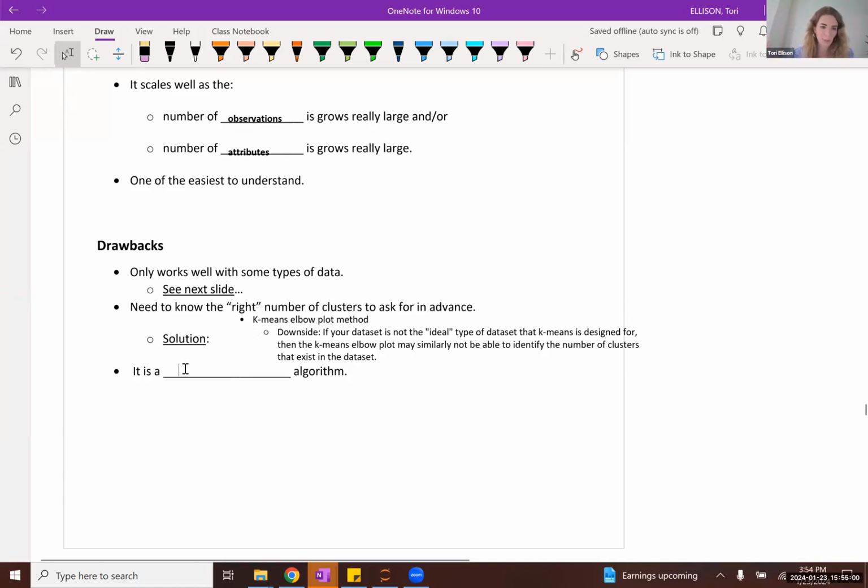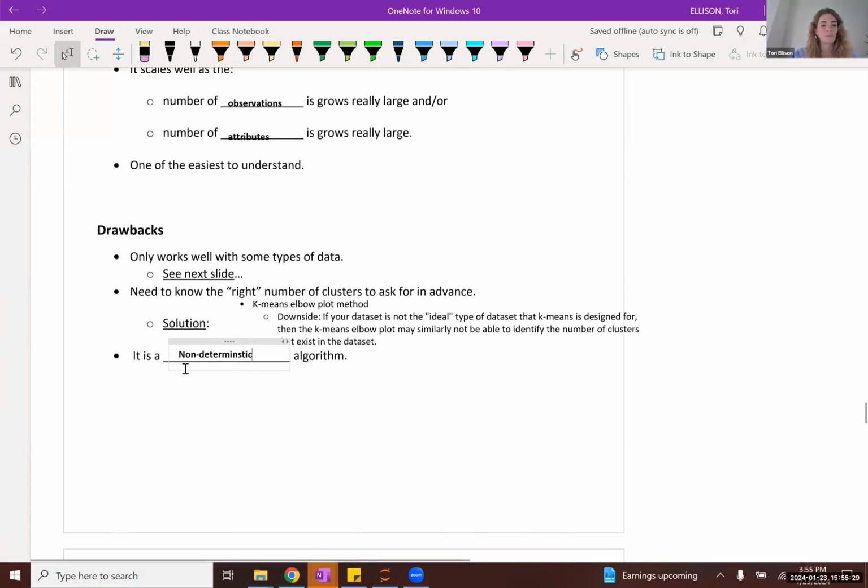And then one other drawback that we just discussed is that it's a non-deterministic algorithm. So you'd want to think about how you deal with the inherent random nature of your k-means clustering results. Maybe you'll run it multiple times. Maybe you'll fix a random state. So these are all decisions that may impact the long-term results that you essentially want to get with the algorithm. Okay. All right. Questions on that?